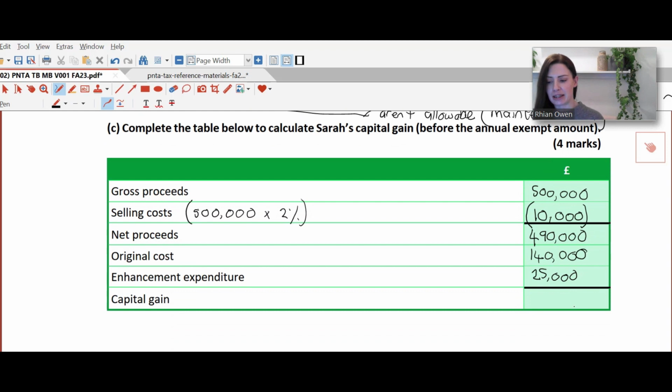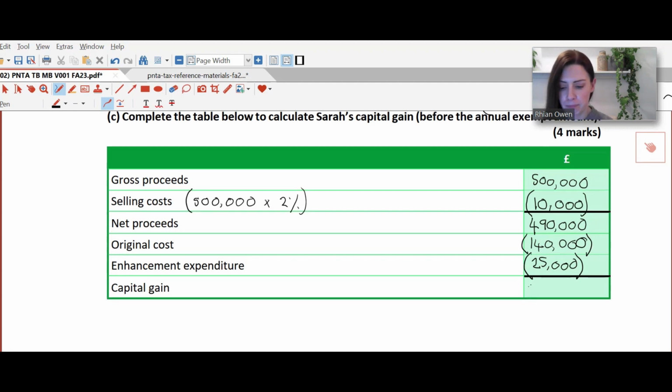Net proceeds, we will deduct from that the original cost of £140,000. We will also deduct the enhancement of £25,000, and that leaves us with a capital gain of